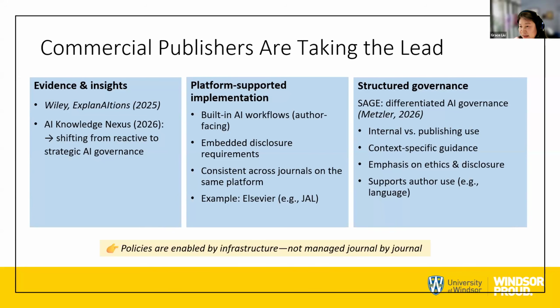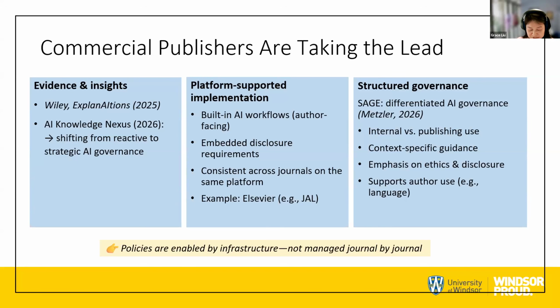Second, they are embedding policies directly into their platforms. From my own recent experience publishing a work on AI chatbots for reference services with Elsevier, AI disclosure requirements and other policies were presented consistently across journals on the same platform. This aligns with the findings from our LIST journal research in 2024, which shows that AI policies are largely publisher-driven